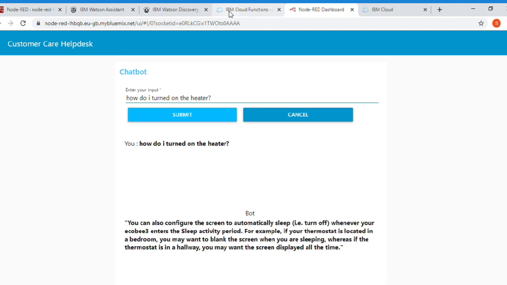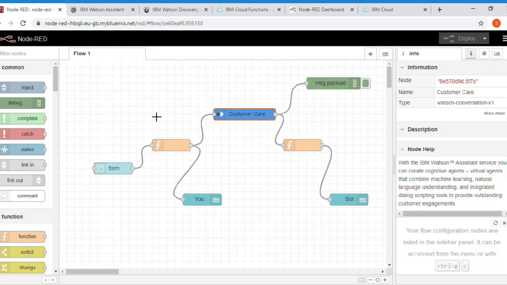Then we have the Node-RED section, which has the flow diagram, for the UI part, so it can be accessible to all our users outside our account. So this is the working of this project.